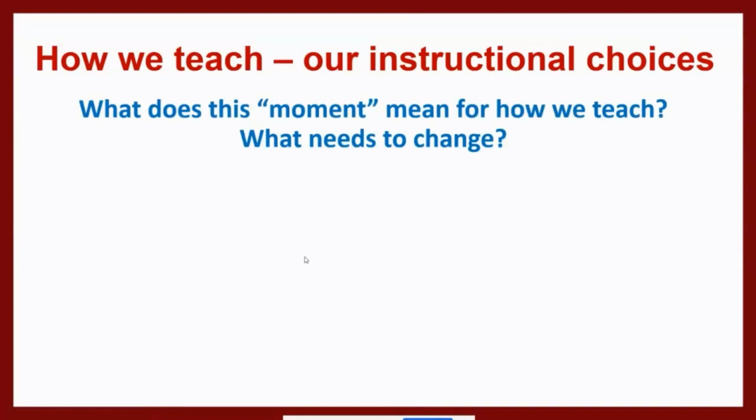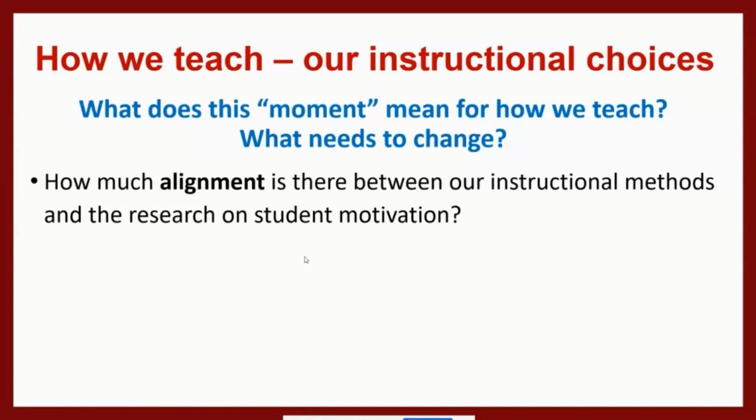So what this means is that in this moment of having digital natives going into Gen P, how do we change what we do? How do we change what we teach? And so you want to think about in your classroom, in the activities that you do, is there a connection between what research is telling us that works in the classroom, and are you actually doing it in your class? And I'm going to talk about those different aspects of what to do in the class in just a second. So you want to really keep that in the back of your mind and think about what I'm doing in class. Is this encouraging engagement or not?